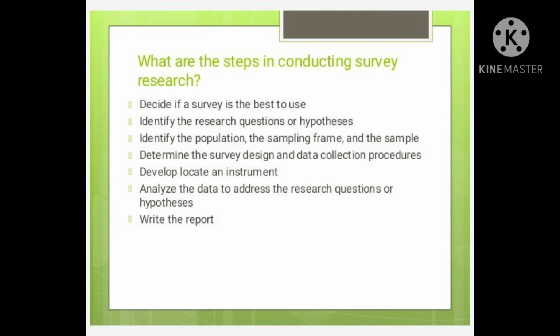The next, what are the steps in conducting survey research? There are some of the types of it. The first one is decide if a survey is the best to use, and the second one is identify the research questions or hypotheses, and the third one is identify the population, the sampling frame, and the sample. And the fourth step is